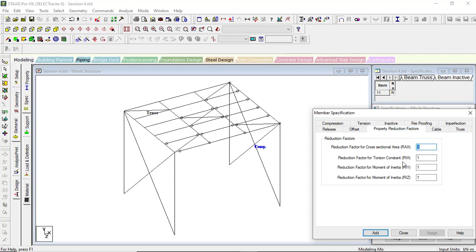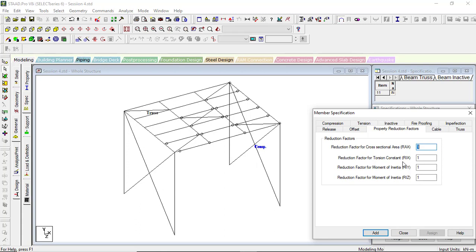These property reduction factors are similar to the stiffness modification factors that you assign in ETABS, right? As per the Indian Standard Code, revised IS 1893:2016, as per the provisions for beams, you need to modify your beam stiffness by 0.35, and for columns you have to multiply it by 0.7, right? So for the reduced stiffness, we need to take a reduced moment of inertia, right?